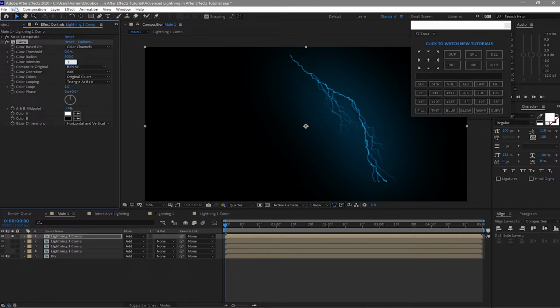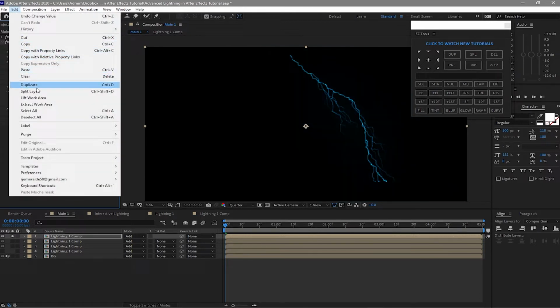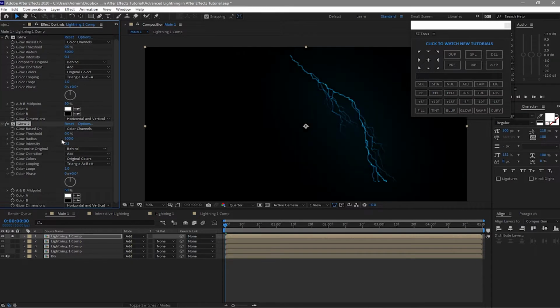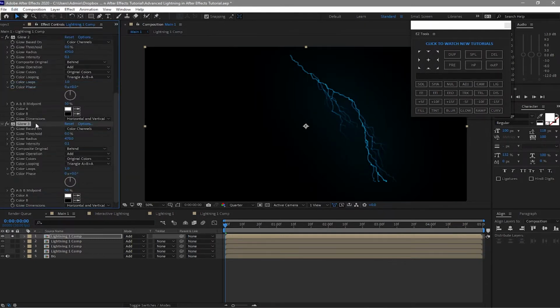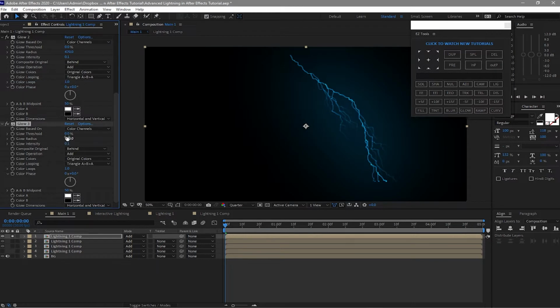I will duplicate the glow and change the glow radius to about 470, and the rest are the same. All I have to do is duplicate it again for the third time, and I will change this glow radius to about 248,